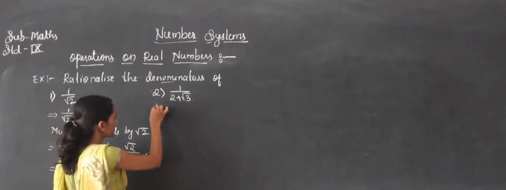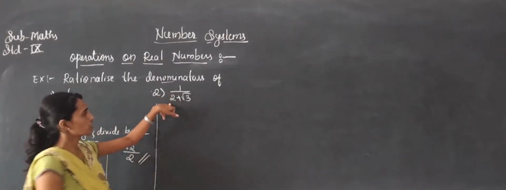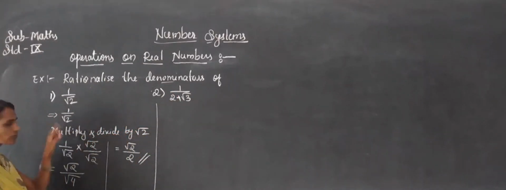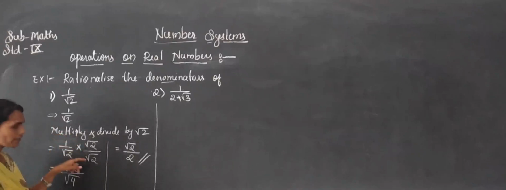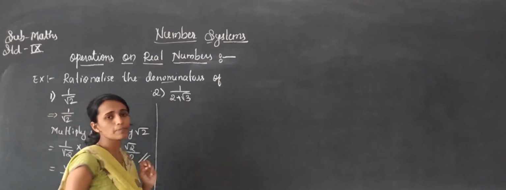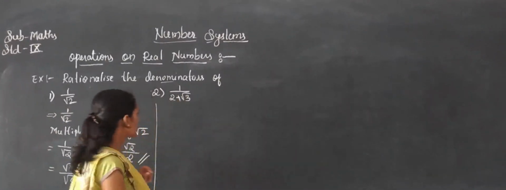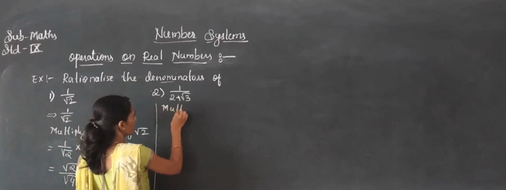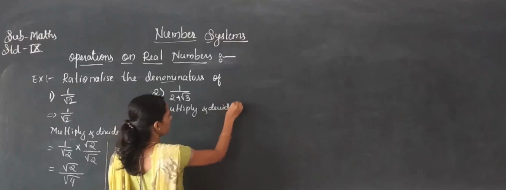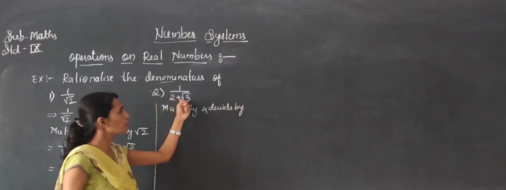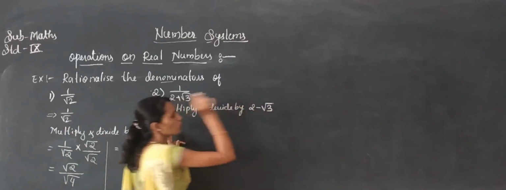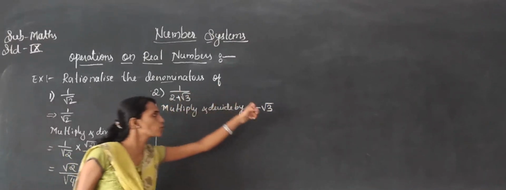So next example: rationalize the denominator of 1 by 2 plus root 2. Here only a single term, root 2, was there. That's why we multiplied and divided by root 2 only. But here 2 plus root 2 is there. So what do we have to do? Multiply and divide the denominator. So we have to multiply and divide by what we have to take here. So here 2 plus root 2 is there now. Instead of 2 plus root 2, we have to change the sign, 2 minus root 2. So if a plus is there, you have to take a minus.